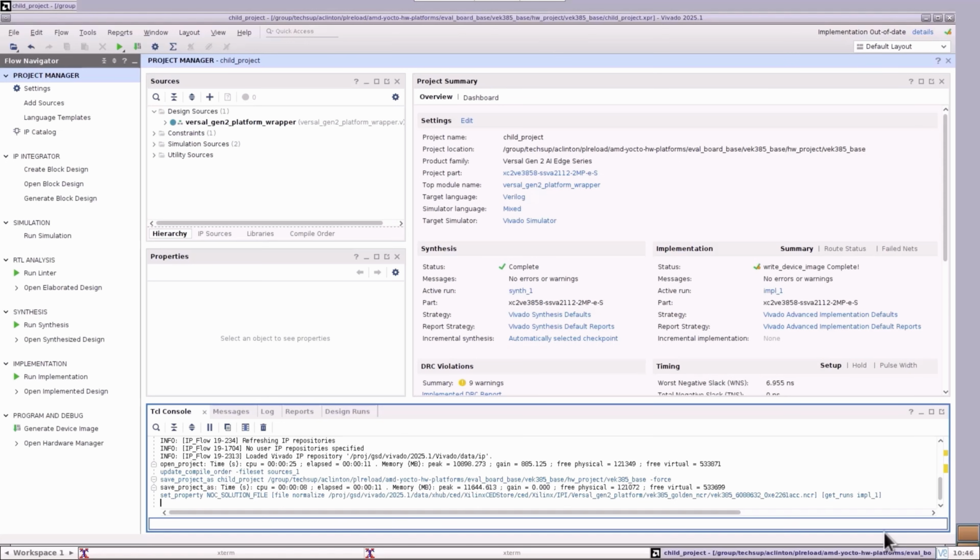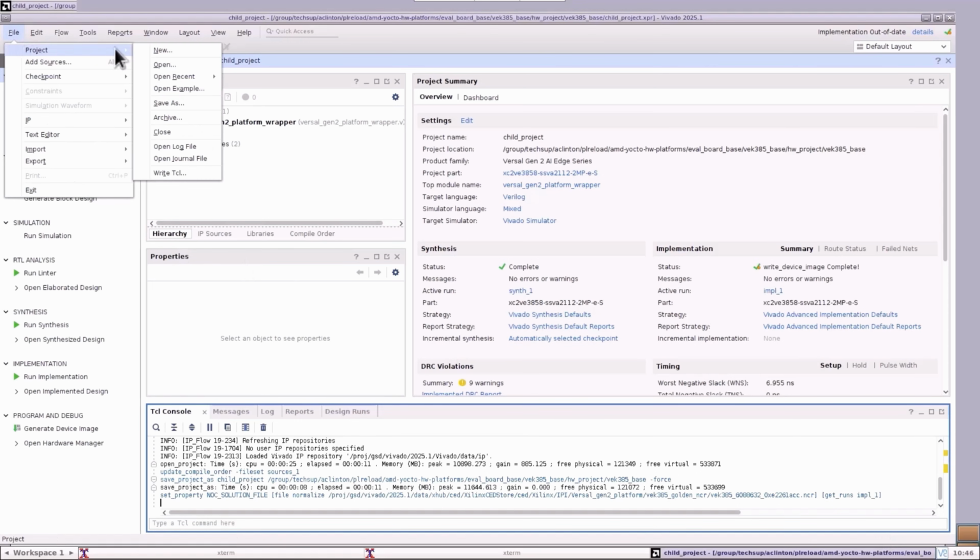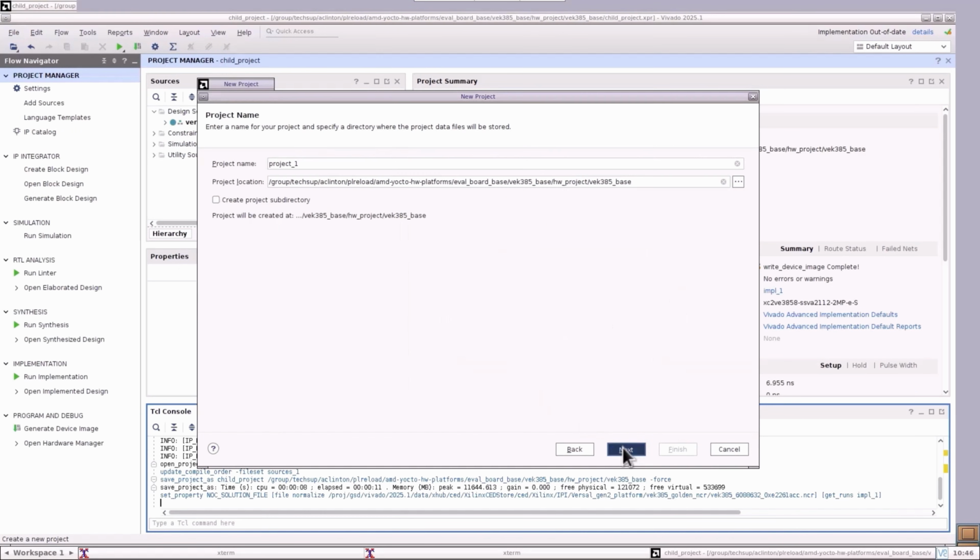It is important that the PS and NOC settings aren't edited, since this may break compatibility with the pre-built boot PDI and/or the pre-built EDF images, which are based on the EDF specifications. If PS settings are edited, this moves into a full custom flow, requiring regeneration of the EDF Linux image and update of the boot.pdi. Now create a custom new IP and add it to modify the existing PL.